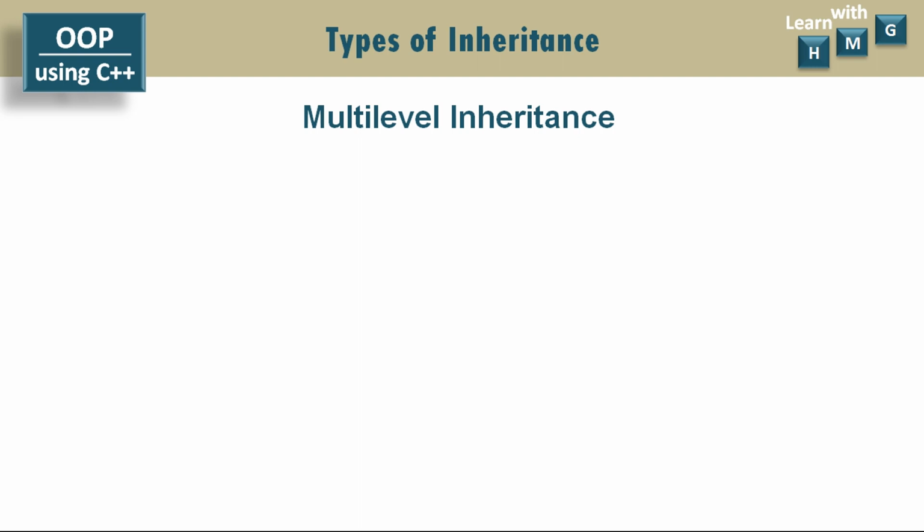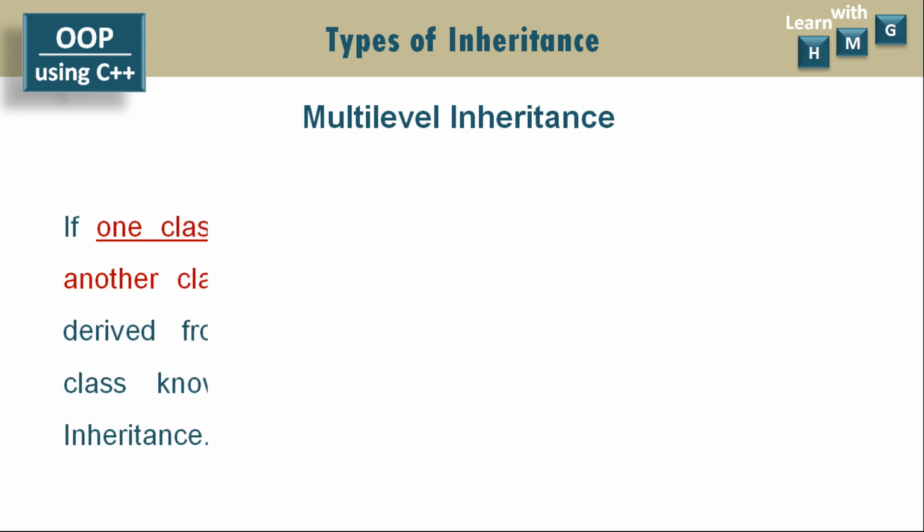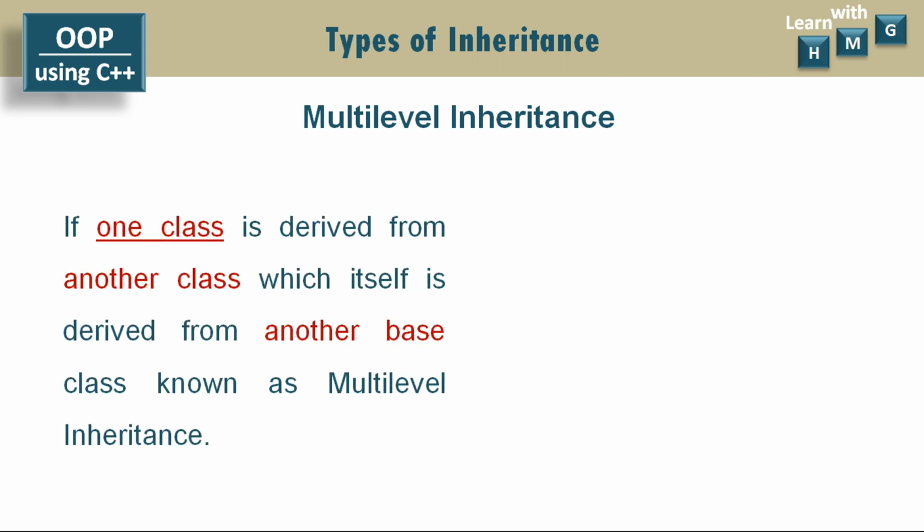Next, that is the type number 4, is multi-level inheritance. Here there are number of levels. In previous 3 types we have seen there was only one level, that is base class, and immediately there is derived class, and after that there is no further inheritance or further extension. Now here in multi-level inheritance, the inheritance is extended further to multiple levels.